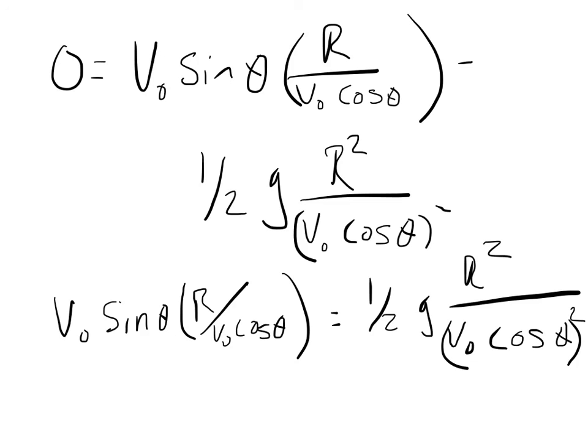True? Say yes, it is true. Then what can I do? Cancel some stuff here, right? What else can I get rid of? I can get rid of this guy with one of those, right? And I'm not going to do all of the algebra because it gets to be kind of silly, but I can